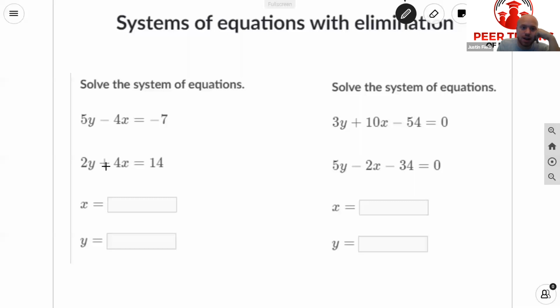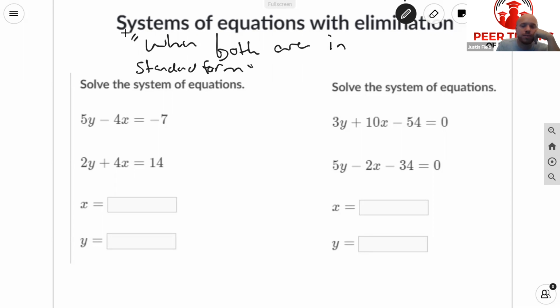The x and the y are on the same side. So when both are in standard form, this is the one when both are in standard form. Okay, so what do you do? You add those equations together,